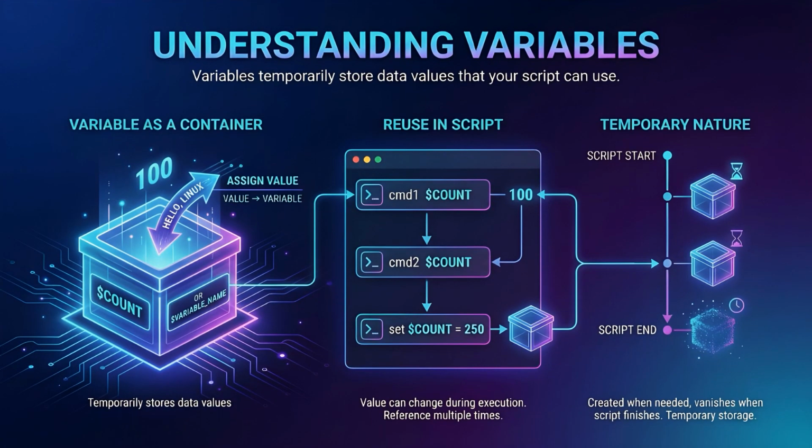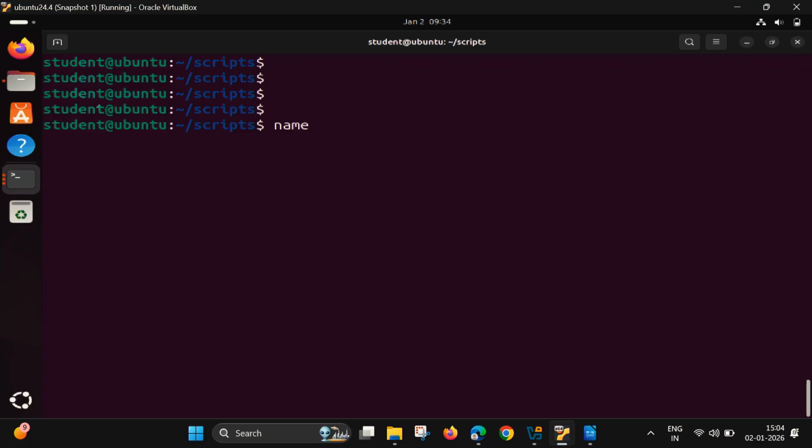Now we'll try to understand the variables. These are temporary storage data values that your script can use. Now I will demonstrate how to create variables and how to access their values. So here I am typing. Let's say name is equal to NITTR Chandigarh,